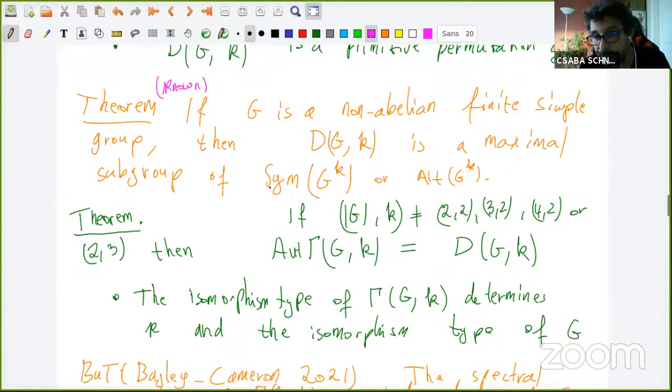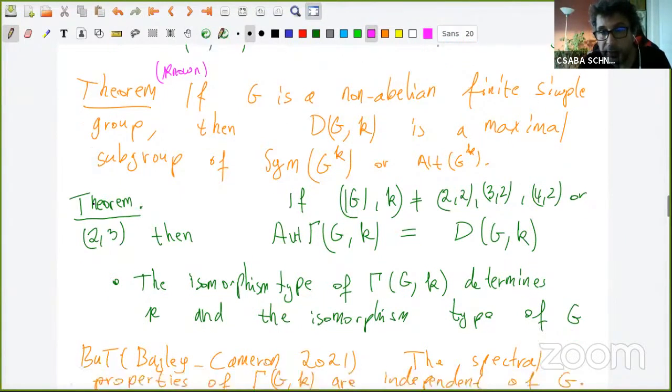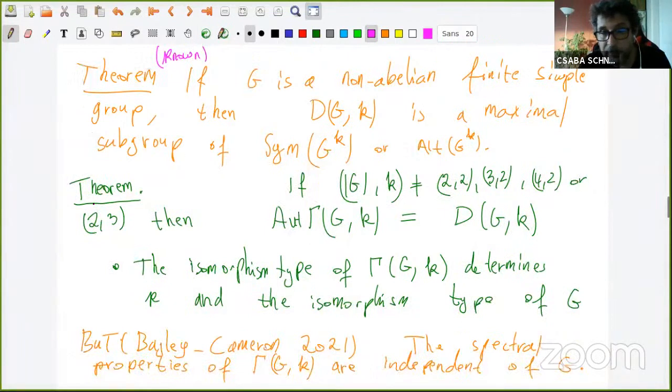And in fact, one answer to this is given by the following theorem, that this diagonal group is in fact going to be the full automorphism group of the diagonal graph. So this is the first part of this theorem, that